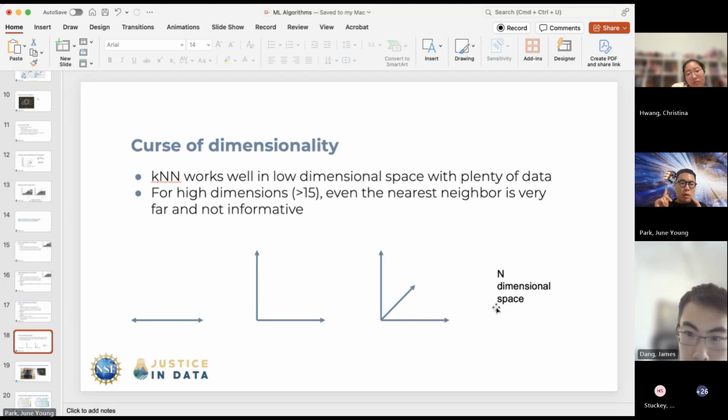So this is the moment that you need to choose or try to use KNN. First, the dimension is less than 15 and you have more data or large data points. Then KNN works pretty well, and it's a simple and elegant algorithm. Any question? Okay,